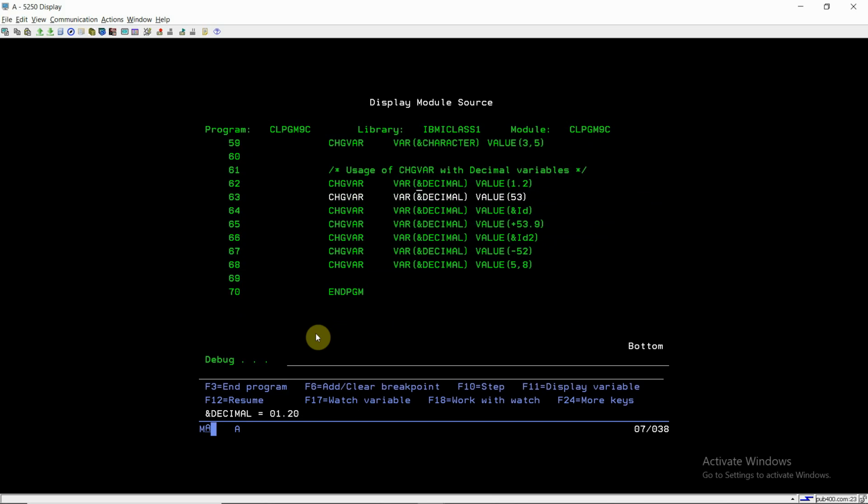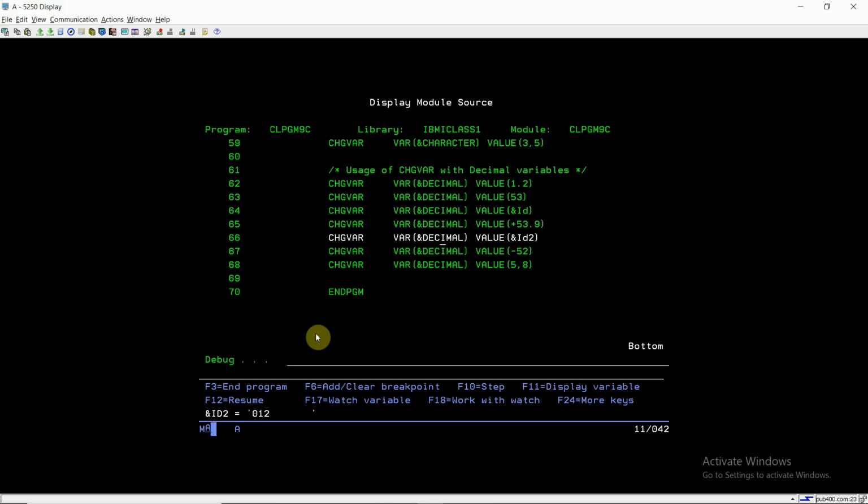So 1.2, so 01.20 is the value here. 53.00, that's correct. Now the ID has the value 0045, so the decimal will have the value 45.00. Now plus 53.9, 53.90, that's correct.